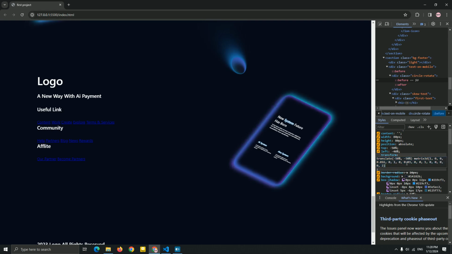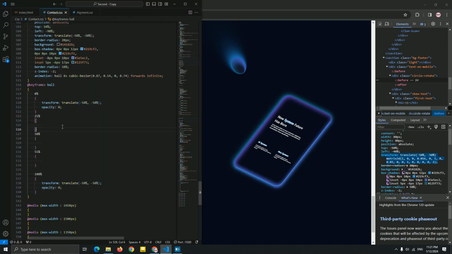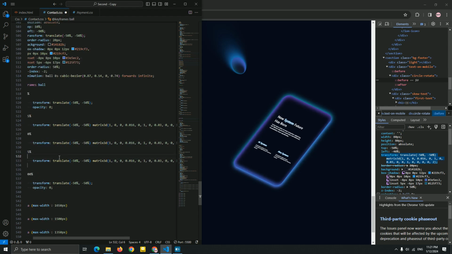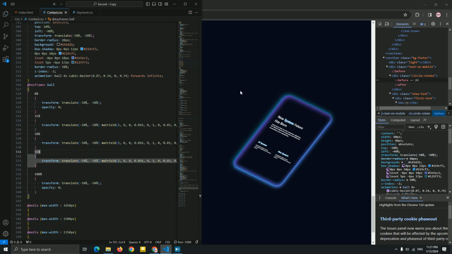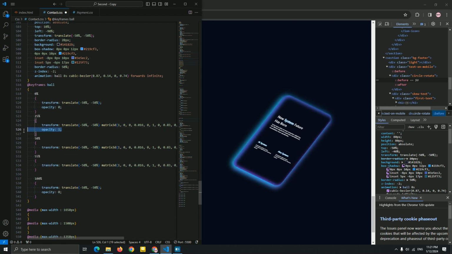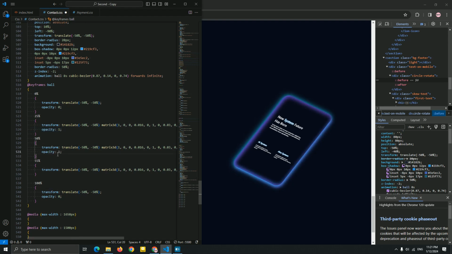Now just copy it, paste it. So for these guys, and for this, and for this. You can see we just created for now, but I'm gonna add opacity 1. Let me just show you what's gonna happen now. Opacity 1 for this animation, opacity 1 for this animation, and opacity 1 for this animation.